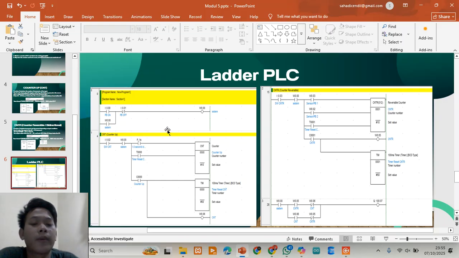The connection summary: the count up button is wired to input 000, or PB on.